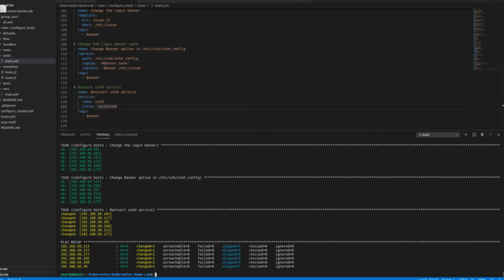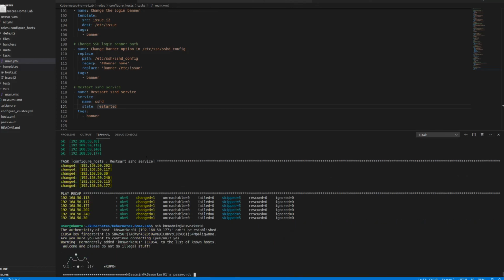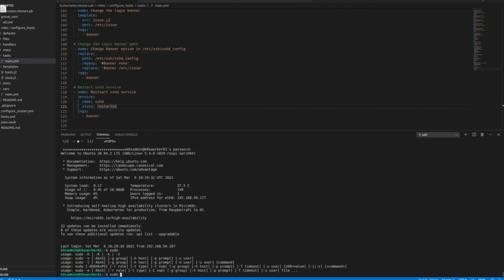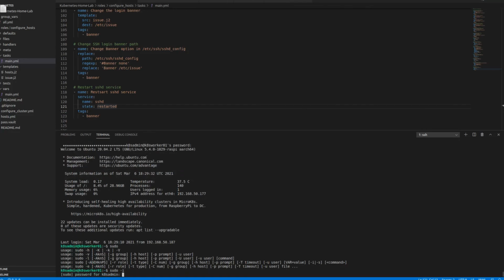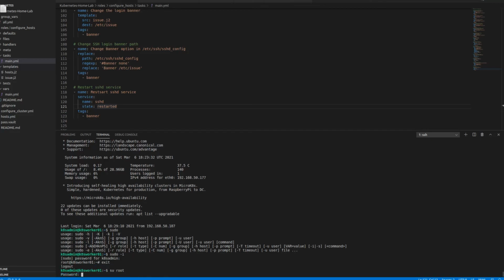And just to prove to you that it works, we're going to SSH here, k8sadmin at k8s-worker01. We got our login banner there. Enter our password. And we want a sudo. We'll do sudo -i, sudo password, and we're in. And just to prove we can switch to root because we set a root password,